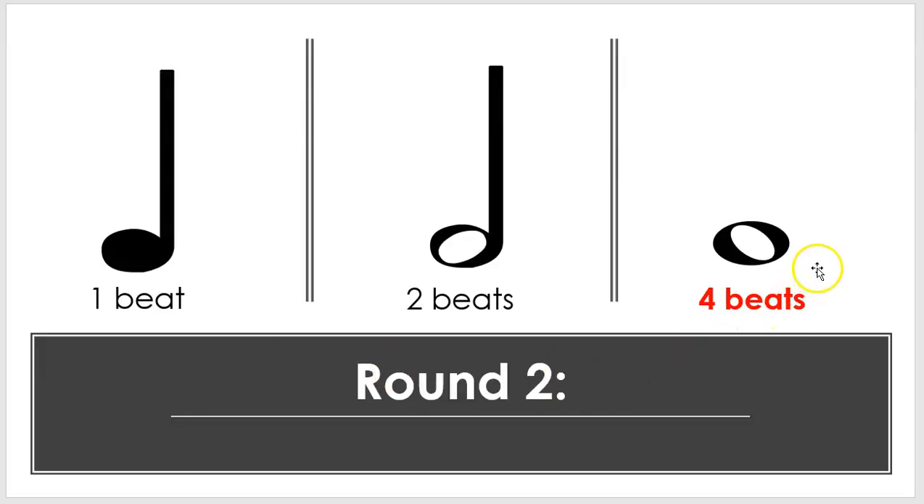In round 2, we're going to introduce the semi-breve, which is worth 4 beats. So pause the video now and familiarize yourself with the crotchet, which is 1 beat, 2 beats, which is the minim, and 4 beats, which is the semi-breve. Let's begin. 4 beats,